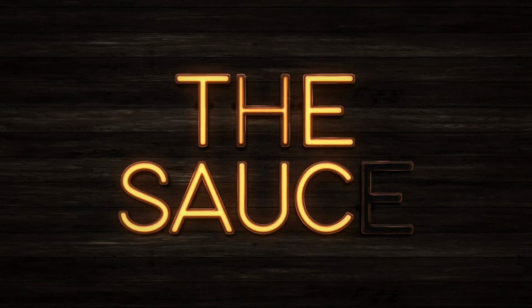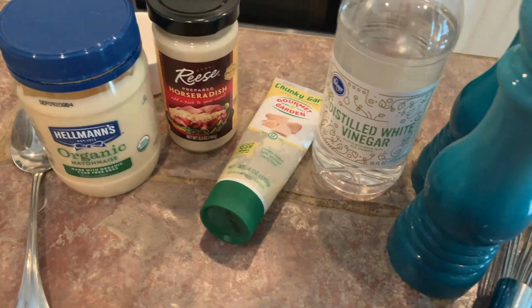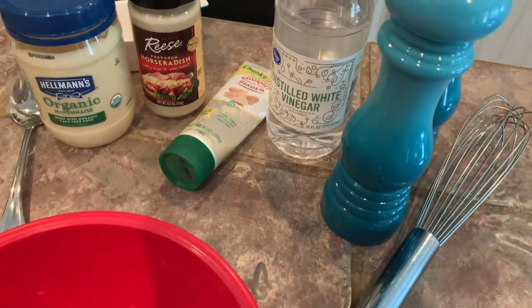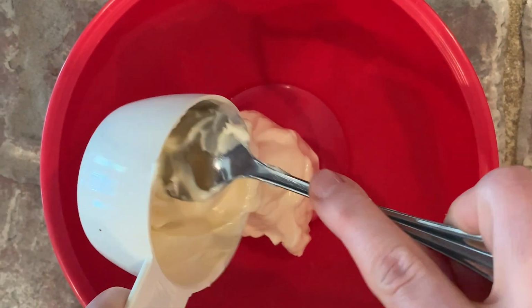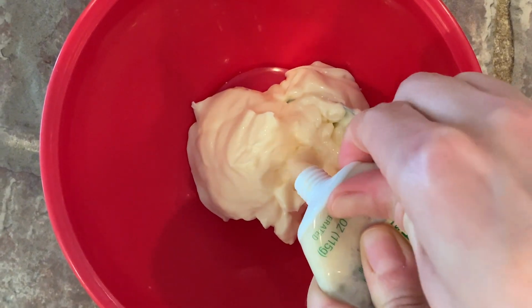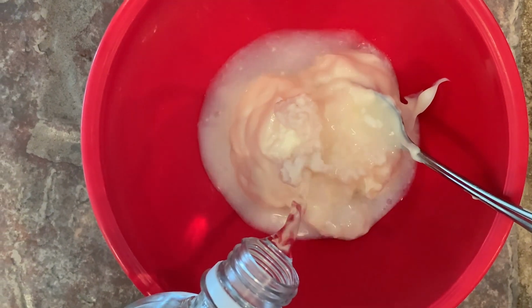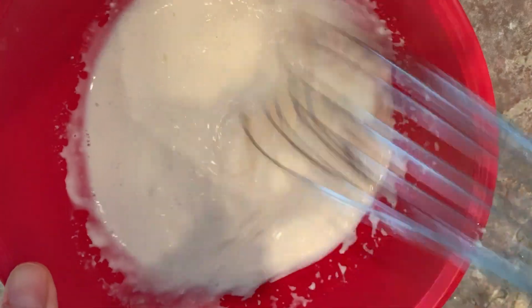The basics of this sauce are mayonnaise, horseradish, garlic paste, white vinegar, salt and pepper. You can add any other spice you like, but that's the basics. Add 1/2 cup of mayo, 1 teaspoon of garlic paste, 1 tablespoon of horseradish, 1/4 cup white vinegar, salt and pepper to taste, whisk until